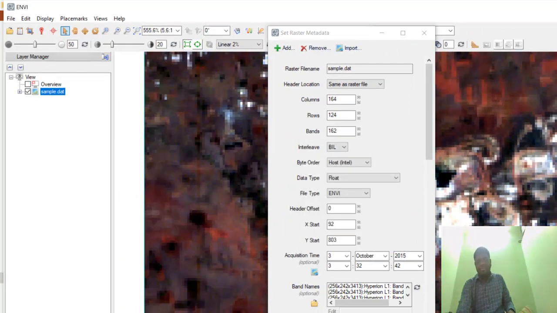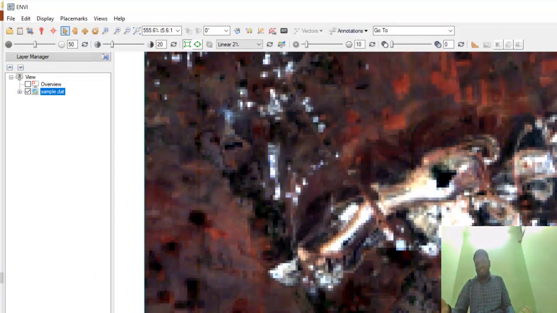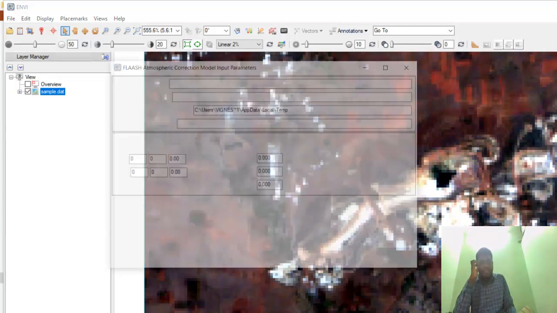Sometimes it is lost when, in ENVI Classic, we do the destriping process, and after the destriping work we put it into the ENVI advanced version for the radiance and atmospheric correction using FLAASH. Sometimes it will be lost in that radiance file or in the raw file also. So at that time the import metadata will help to import the FWHM value or solar irradiance value. If both are there, then only the FLAASH atmospheric correction model will run on your system.